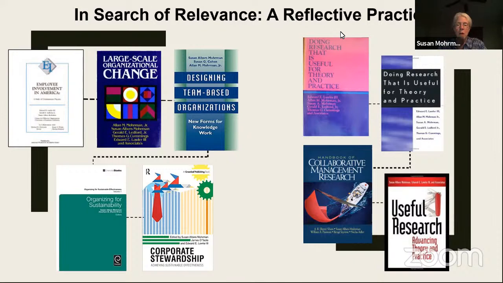It started with the pink one, Doing Research Useful for Theory and Practice, which you'll see Ed Lawler is the first author, but then there's a bunch of us who worked on that. We always started with these kinds of books with a conference, brought together people who we thought were doing that kind of research, tried to learn from each other, and then put it in this book that everyone contributed to. That book actually had 3 different manifestations. One was in 1985 when that book, the first one, came out.